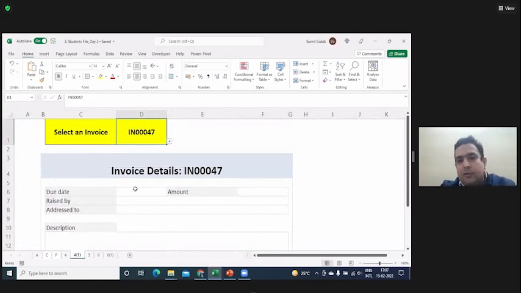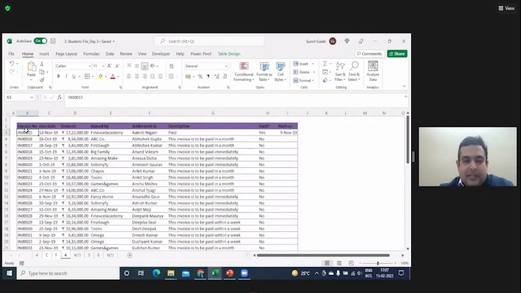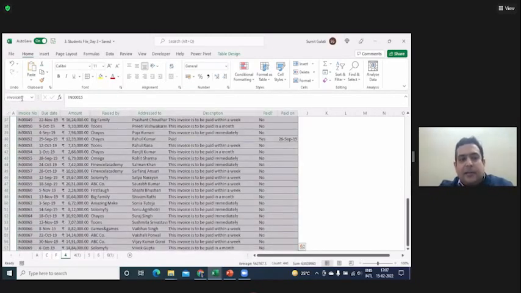So use that function from the formulas that you were shown in the starting. I have not used create from selection. I just selected this and typed invoices here. It was not needed.